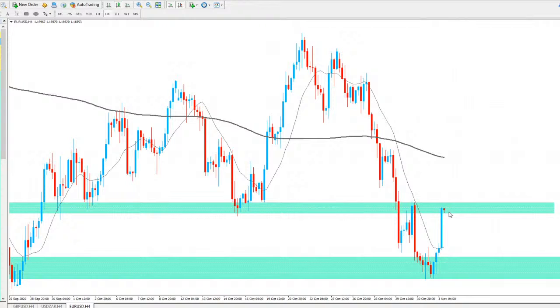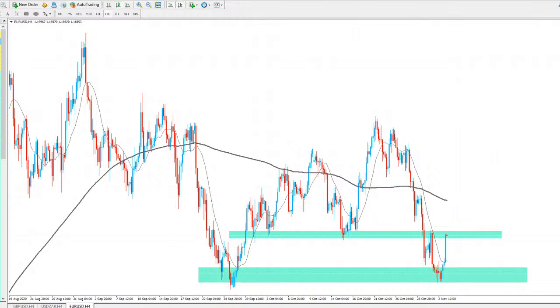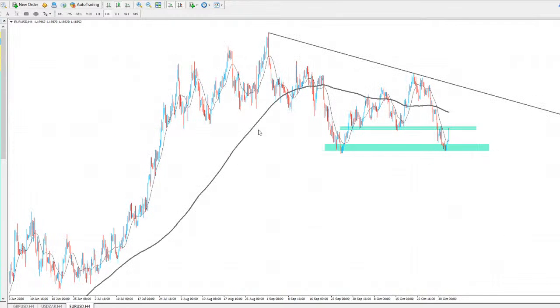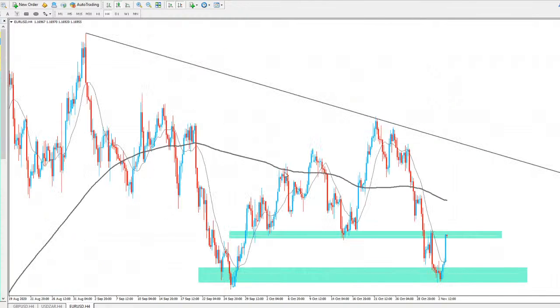And if you do see a break, obviously this will turn into support now, and we could potentially see price climb higher. If I connect the recent highs of price, you can see we do have a bit of a trend line going through the market here. Initially a test there and a second there. Only 2 tests of this trend line, so again, not the strongest trend line in the market.